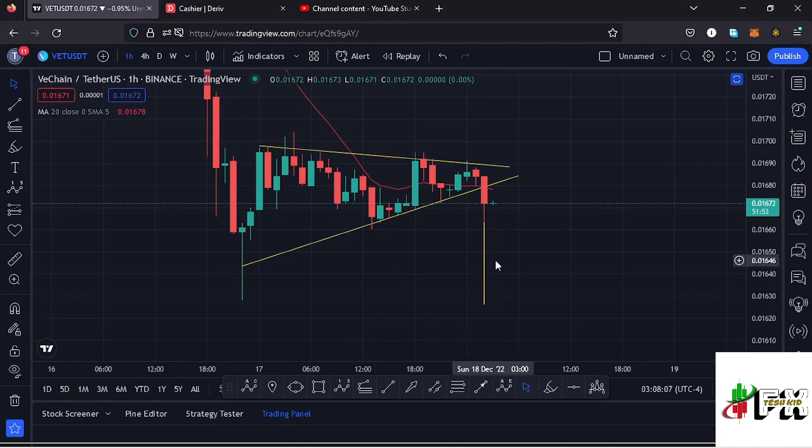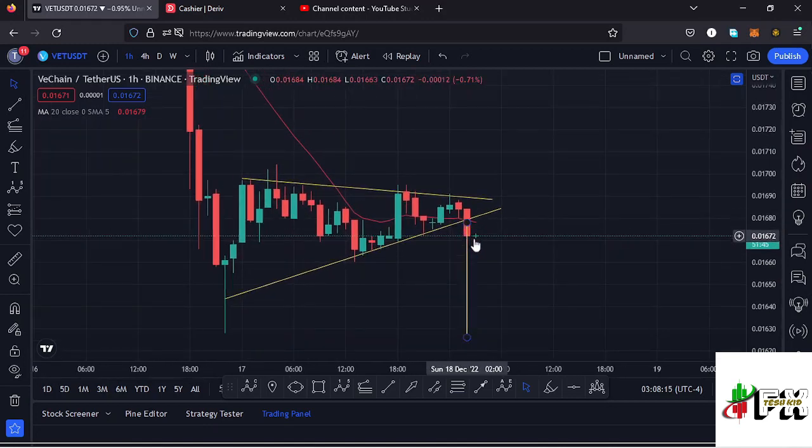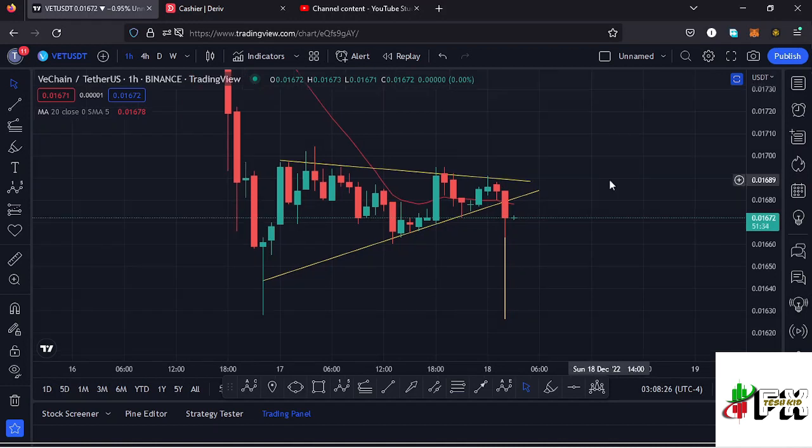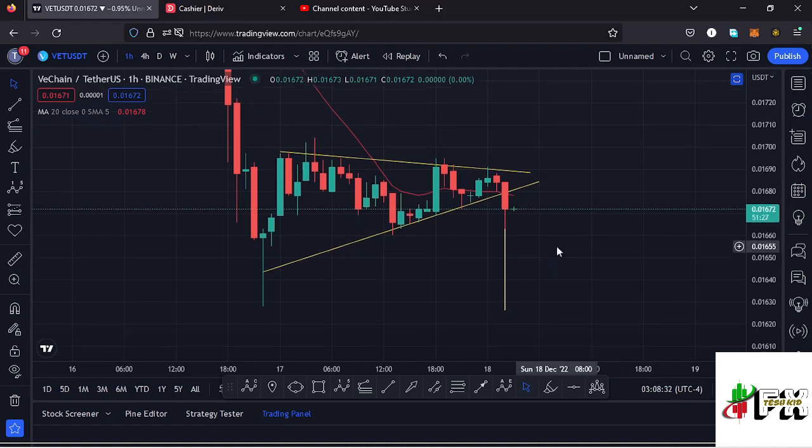And for us to invalidate such a move, that can only happen in case Vechain is able to regain a bit of an impulsive movement to the upside, manage to break above the 20-day MA and continue pushing even higher. And in case that happens, then I will not be expecting a new low here on the Vechain chart, but for now there is still room for us to make a new low, and we also have a chart pattern that is supporting that movement to the lower side, giving us a new low, and we need to be prepared for such a scenario here on the Vechain chart.